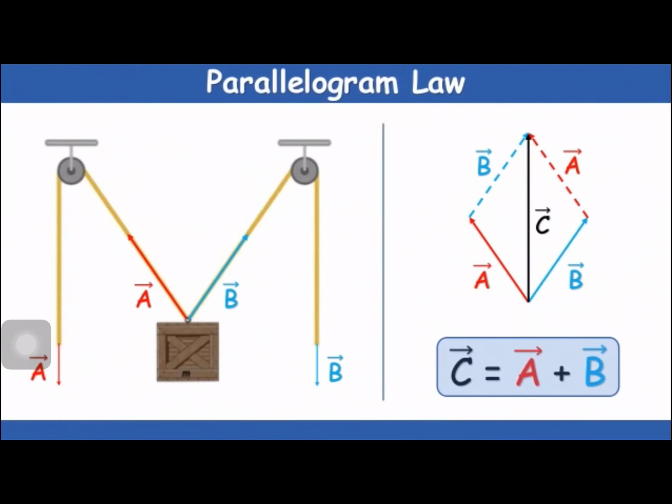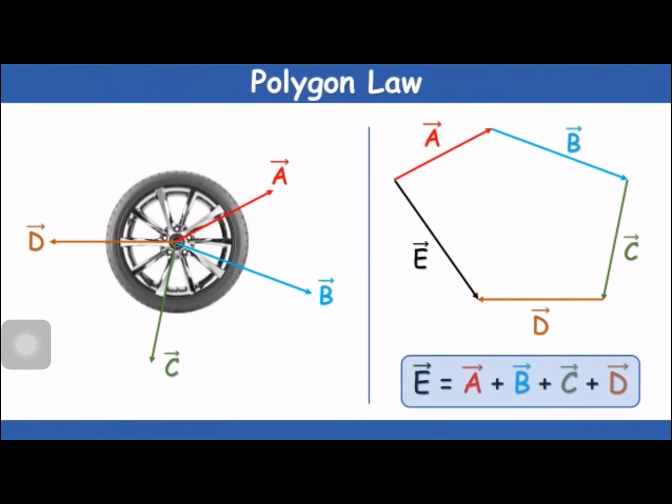In the same way, parallelogram law of vectors. Here also in the same way, you take the two vectors as adjacent sides of the parallelogram. The resultant is given by the diagonal of the parallelogram, but the only condition is that the diagonal must pass through the common tail of the two vectors. So C vector equals A vector plus B vector. This is for parallel vectors.